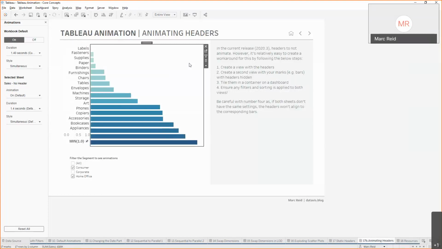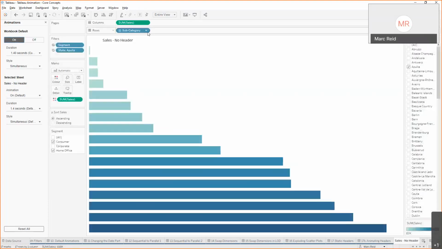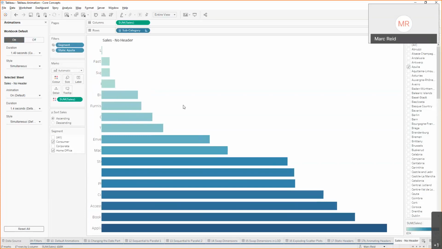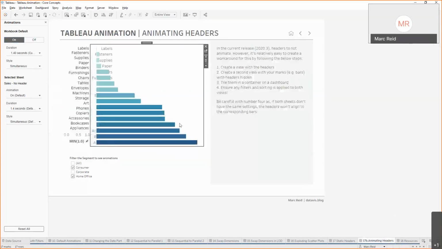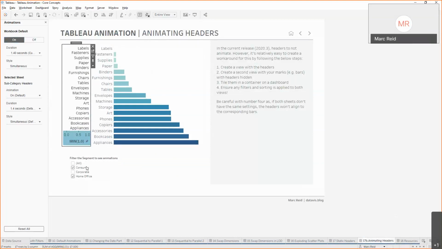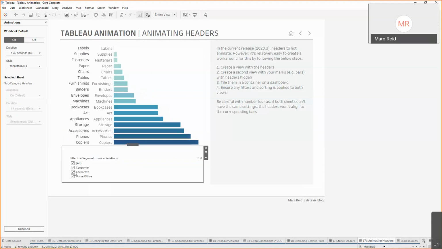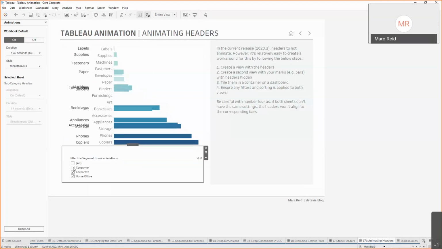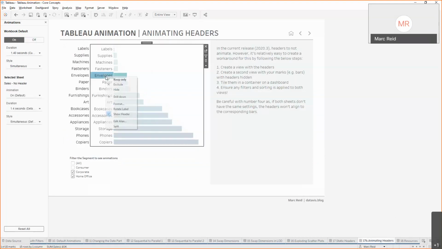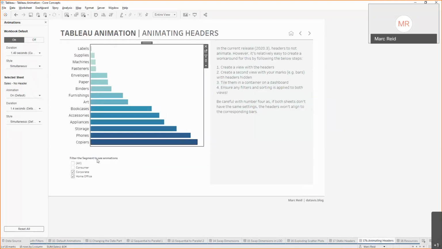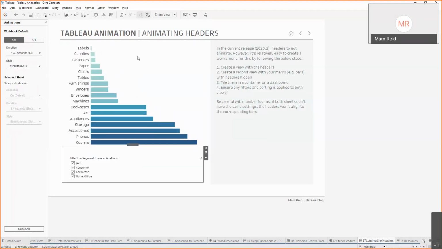And just to show you that, what I'll do is go into this view. I'll turn on the headers for a second. And then we'll go back here. You can see I need to hide this header to bring these in alignment here, otherwise they're misaligned. The other thing you can do is use padding and so on to make sure that everything lines up here. So now when I change these filters, you can see that things are moving around and everything lines up. And once you're happy with that, you can then hide these headers here. Okay, and you get your animated headers.